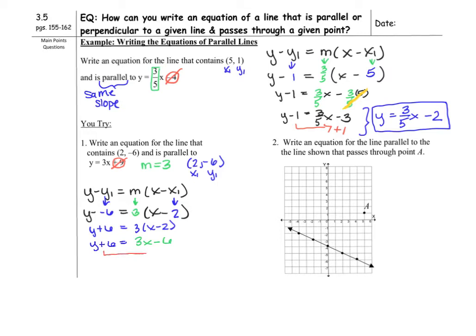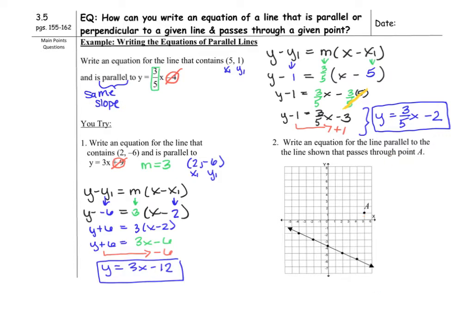And then we're going to subtract the 6 from each side. So you get y is equal to 3x minus 12 for your answer. The next example looks a little different because now you're given a graph. So we want to write an equation for the line parallel to the line shown and then passing through point